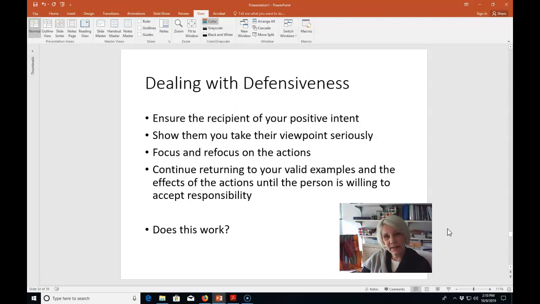So again, we go back to just doing your best to show positive intent, being very thoughtful about listening to them. Don't cut them off if they try to say, even if they're being defensive, don't shut them down. Show them that you're really trying to hear and you're trying to understand their perspective and their viewpoint. But bring it back to the actions, and if they're talking about, I don't feel like you understand me, I don't think you're listening, I don't think you really know what I'm doing every day,